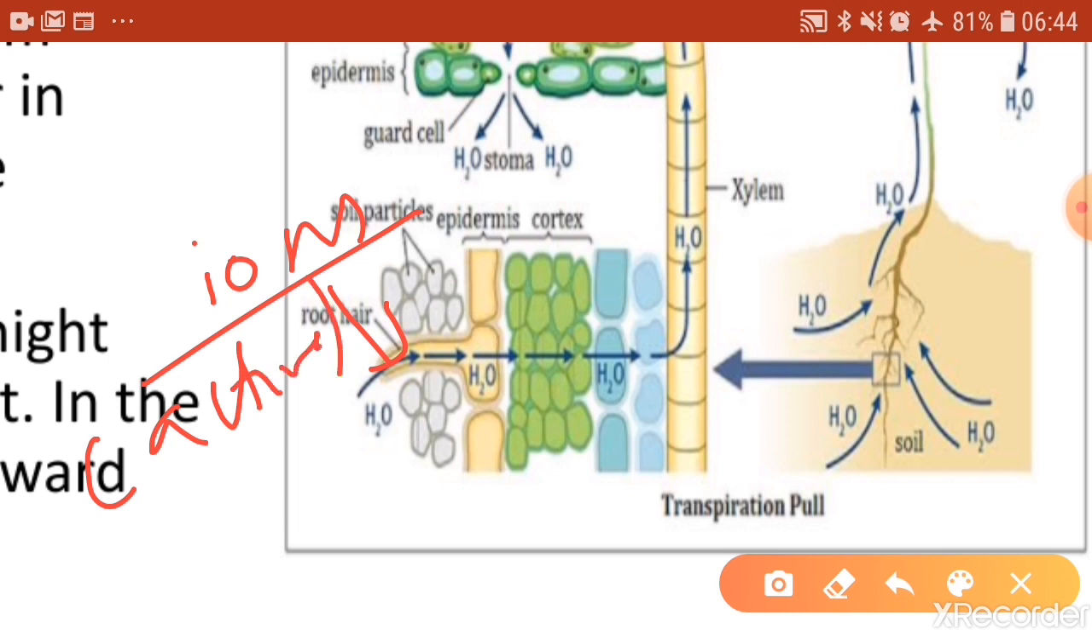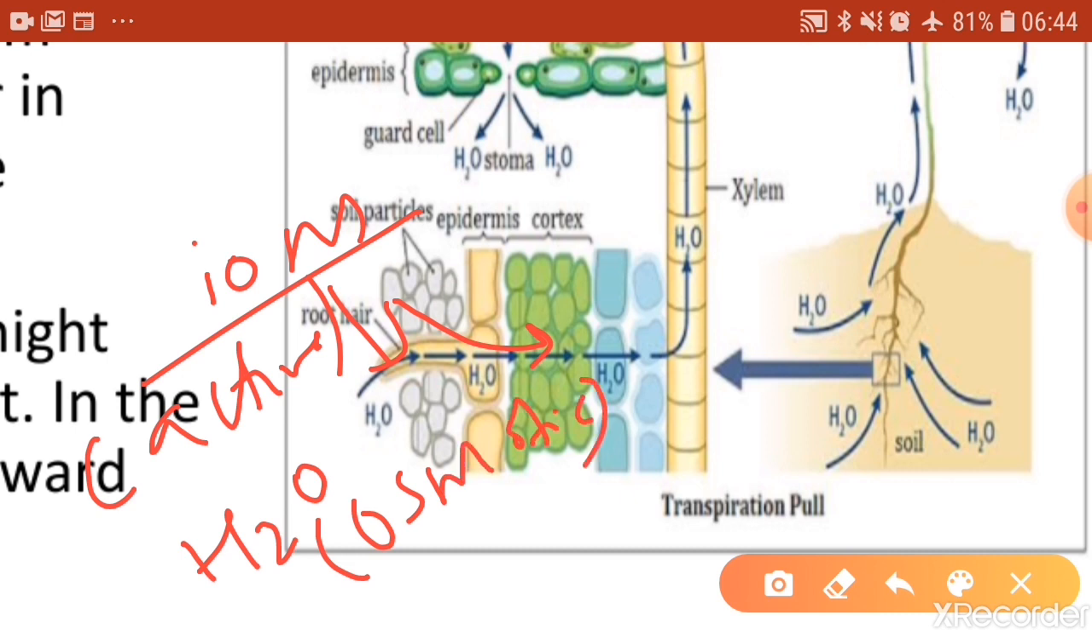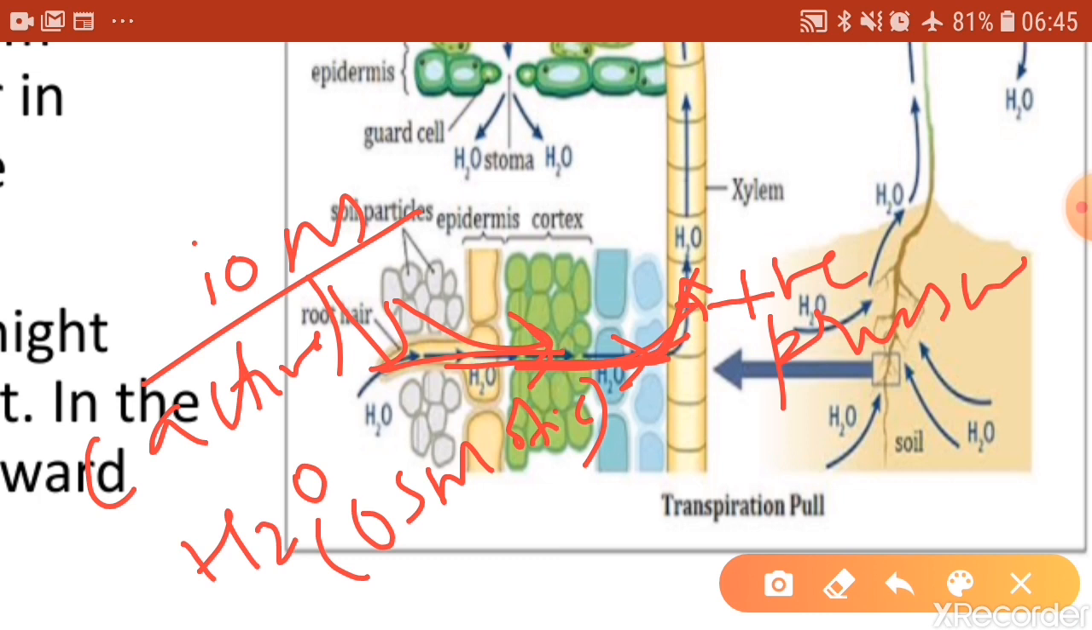So the active uptake of ions by the roots results in absorption of water by the roots by osmosis. This osmotic gain of water by the roots, and then movement of this water into the xylem vessel, this osmotic absorption of water by the xylem vessel causes a creation of a positive pressure. So because of the entry of water into the root cells and the xylem vessels, a